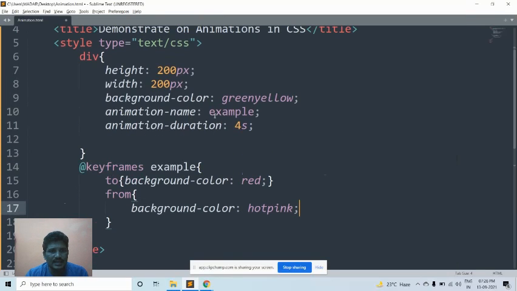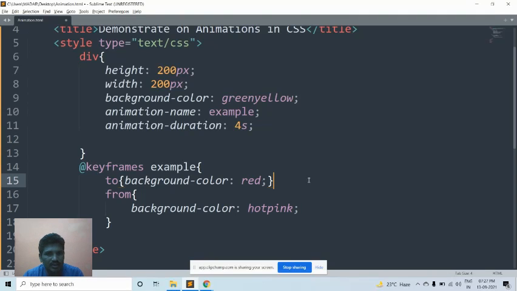Here, you see, the animation name should be example, and the animation duration is 4 seconds. Keyframes are used to animate any object. Then the division background color: it will start from red and end with pink.